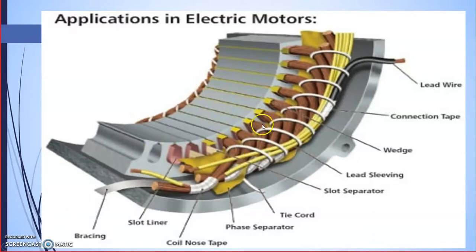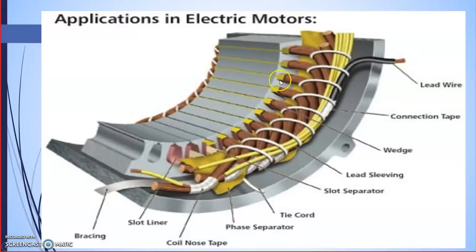So where will this winding be placed, every winding coil? See, this is one coil, this is the second. You can see they will be residing in the slot groove. There will be different grooves, and inside that the coil will be inserted, but you cannot insert the coil directly without any insulating material, because this is the metal construction and this is the conducting material, and this conducting material will carry the current.